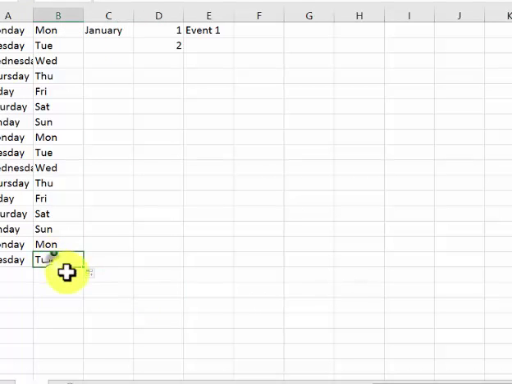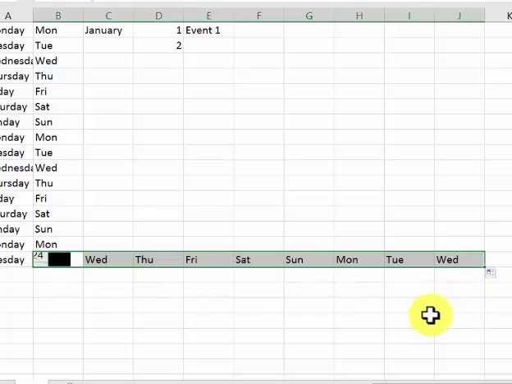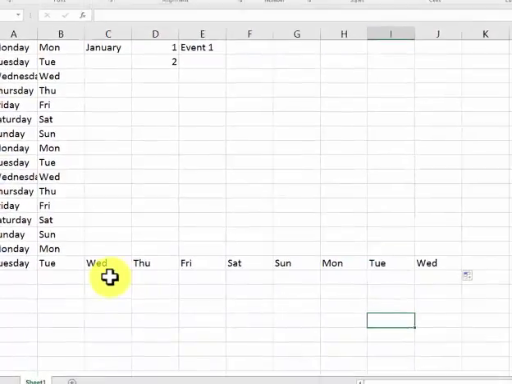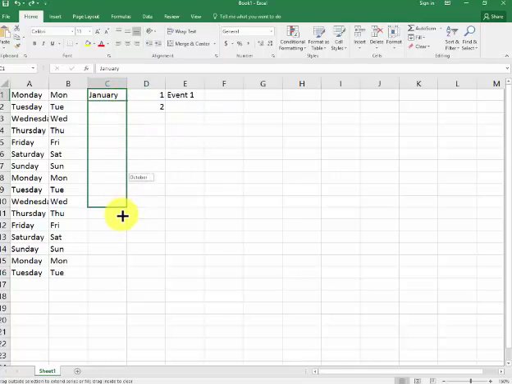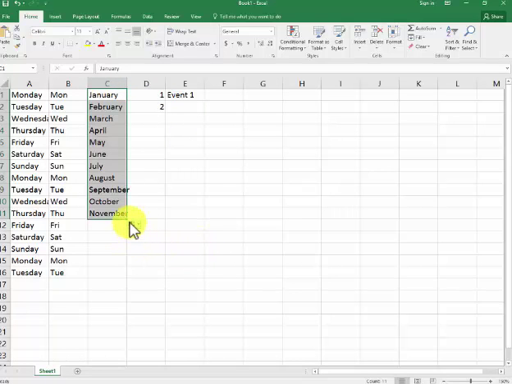You can also drag it to the right. Like if I have Tuesday there and you want to make columns, pull it over to the right. I'm just going to erase this. I'm going to be doing a few more things. And it also works with months. So that way, if you need to get all the months of the year, and I miss, let's say, December,